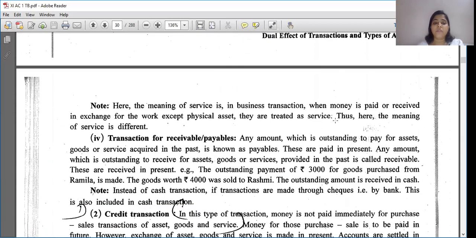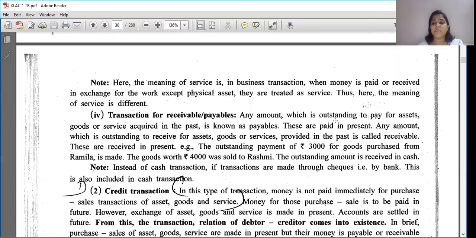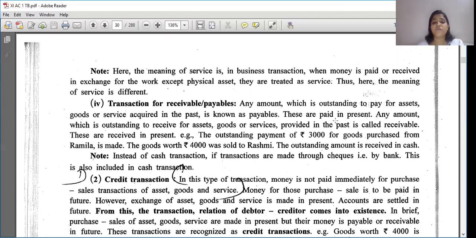Now, note here the meaning of service in business transactions: when money is paid or received in exchange for work, except a physical asset, it is treated as service. Here, the meaning of service is different, right? Transactions for receivables and payables. Any amount which is outstanding to pay for assets, goods or services acquired in the past